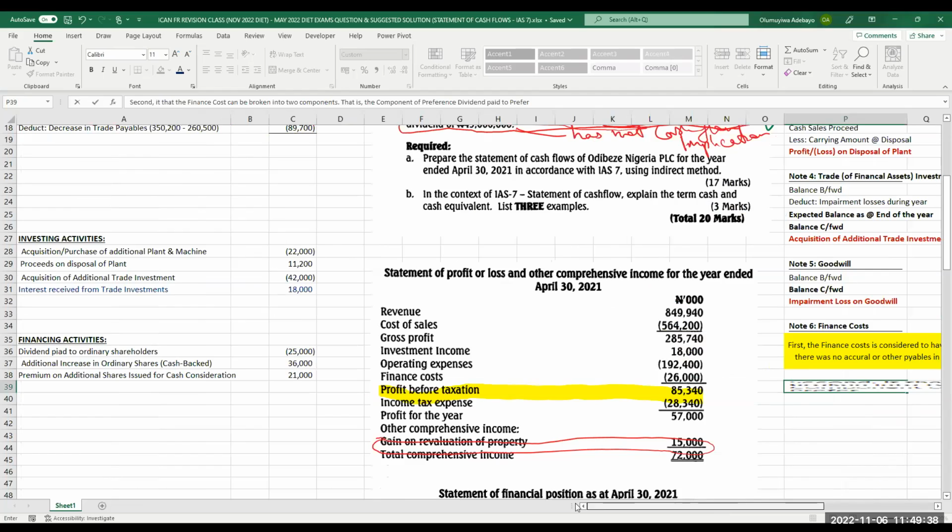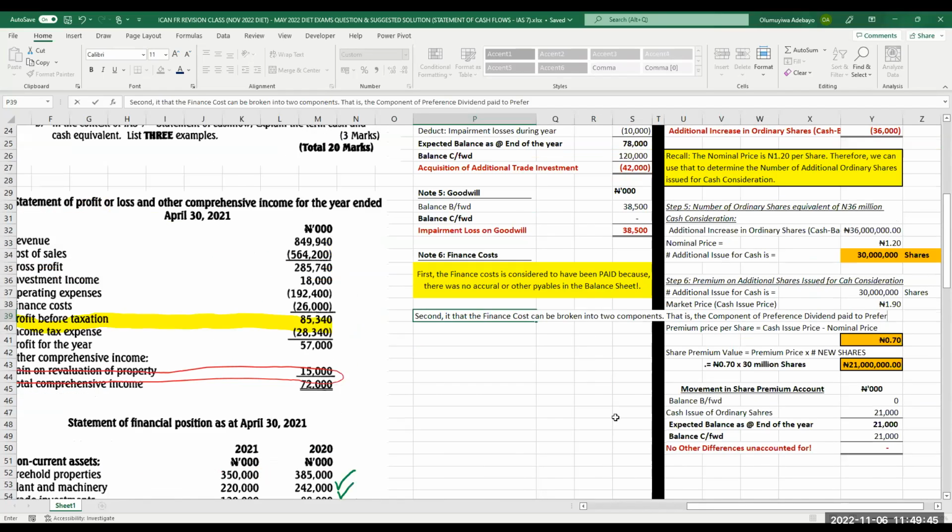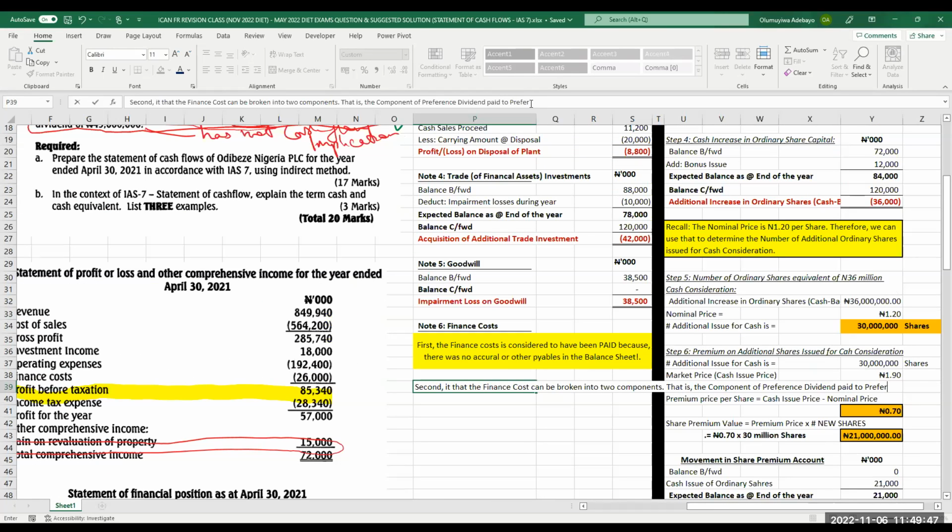Remember, there are preference shareholders here. Redeemable preference shares. Remember, from IAS 32, that will have been classified as a financial liability